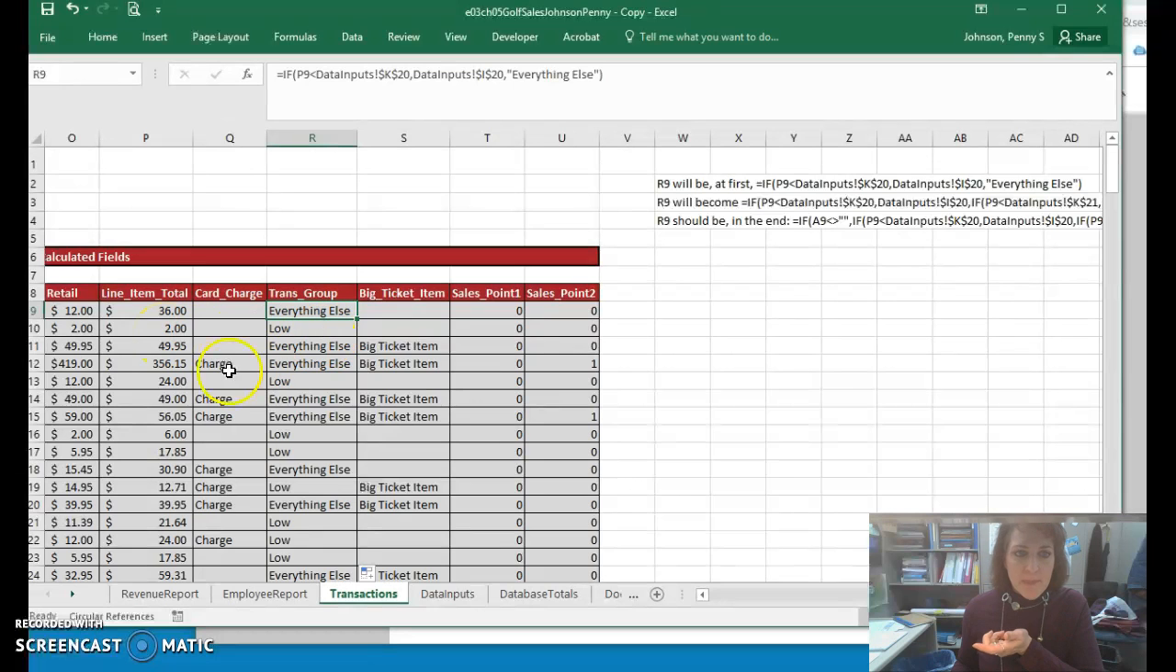Is 2 low? Yep, that's low. This one's low. These are low. These are everything else. So it looks good. It looked like it worked. Okay, great. Save your workbook. Don't lose anything. But we got to keep